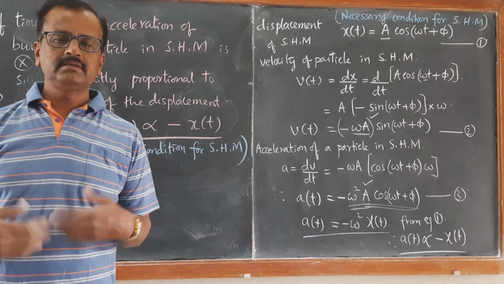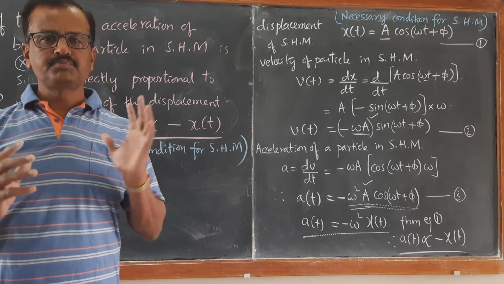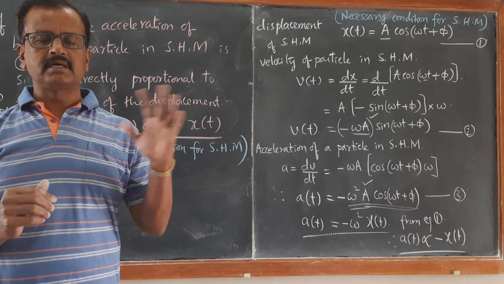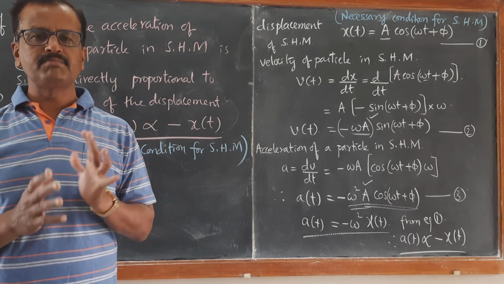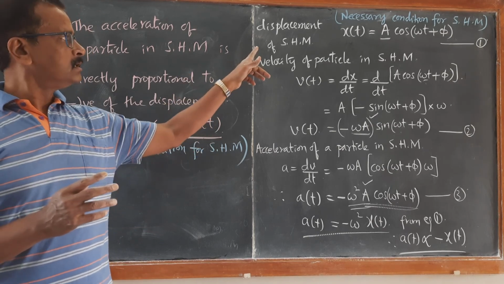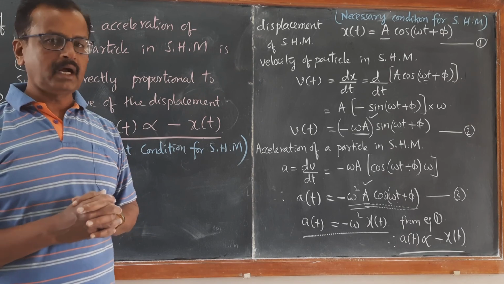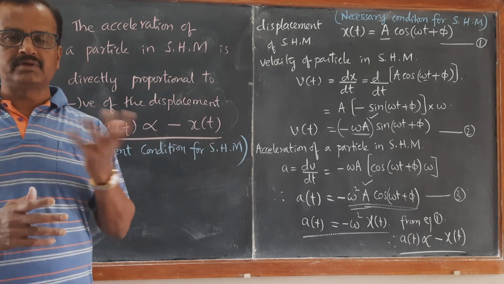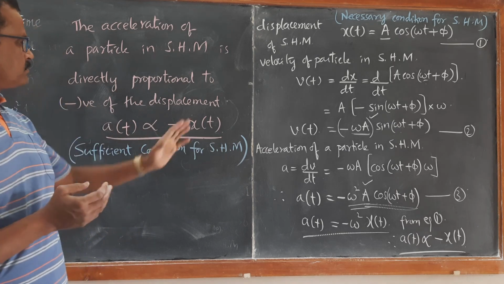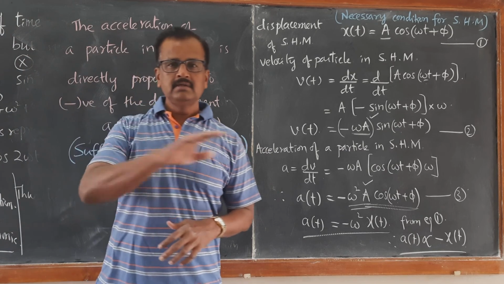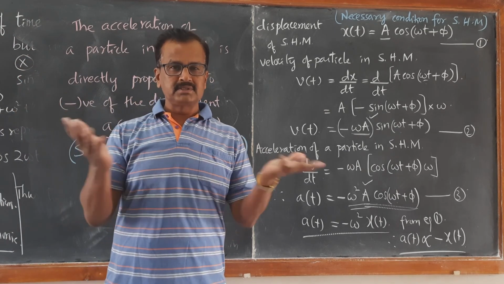Okay. In the next video we will learn about a spring attached with a load oscillating on a smooth surface. How does it represent simple harmonic motion? We will prove that it will have a displacement of this form, and the restoring spring force acting on it will be directly proportional to the negative of the displacement, and thus the spring oscillating on the smooth table surface represents simple harmonic motion.